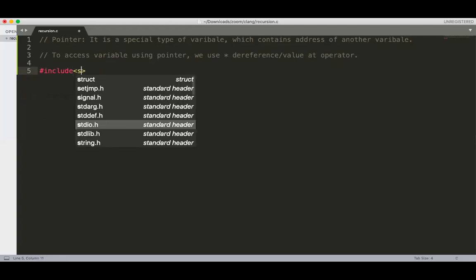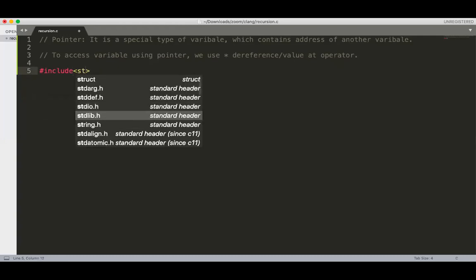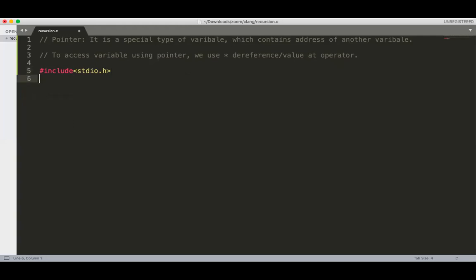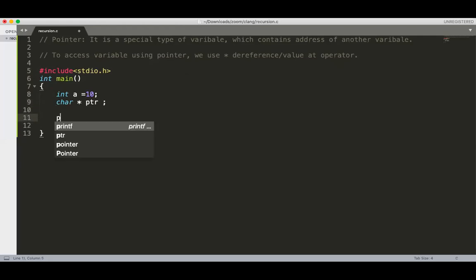We'll take that example, with stdio. Suppose there is one integer variable, int a equals 10, and we create one character pointer PTR, and we do PTR equals address of a. Can we do this?